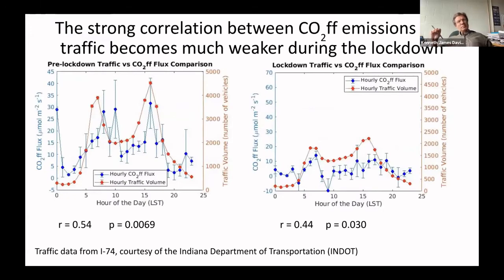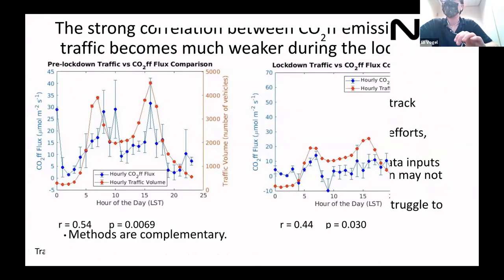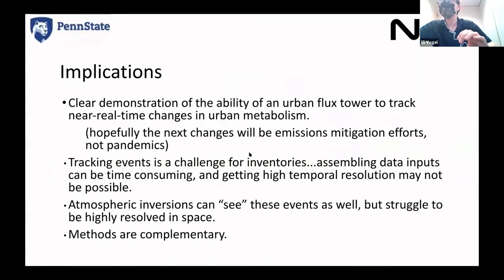When you compare these pre-lockdown and lockdown analyses with hourly traffic counts from the Indiana Department of Transportation of a highway close to I-465, there is correlation. So the disaggregation results are promising. There is worse correlation during lockdown, although that could be reflective of other emission sources becoming more prevalent during lockdown. So from the results, we can feel confident in the flux tower's ability to monitor emissions changes at smaller timescales than inventories, and the disaggregation method helps to ensure we're just looking at fossil fuel emissions. Combining inventory models with analyses of isolated events like this one would be very useful, and hopefully will be to monitor mitigation efforts rather than pandemic-induced lockdowns.